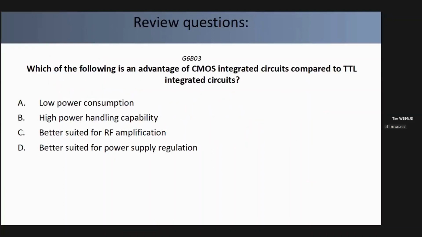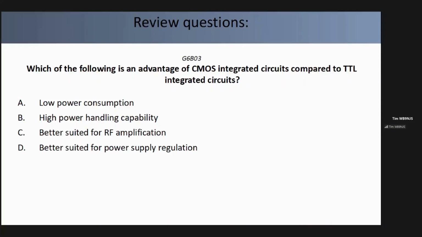So let's do this. Let's start off with a review of the segments that we've covered so far. I've got at least one question from each of the segments that we've done in the previous weeks. So let's pop through these and see if we can refresh your memory. From